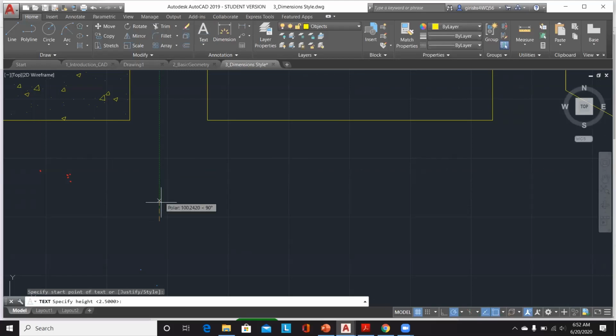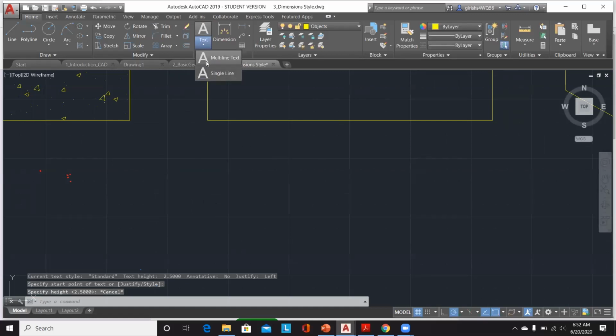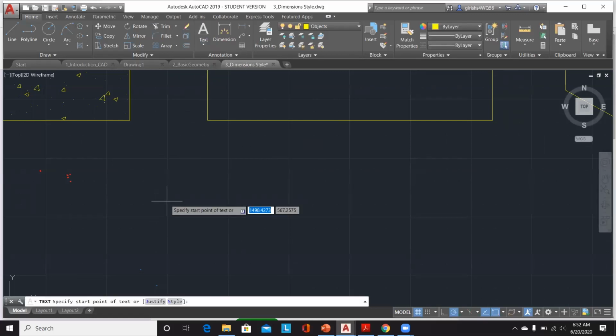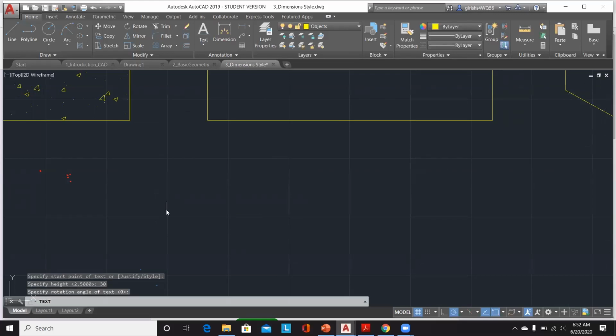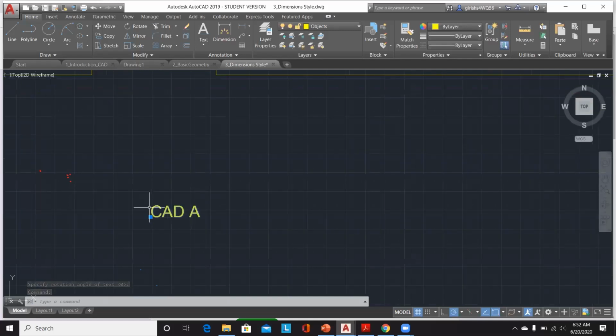your visibility, we can choose a larger text for this case. You can make it 30, and when you click, let's say, CAD 8. So this icon has created a single line text for you, and you can use this to move the text